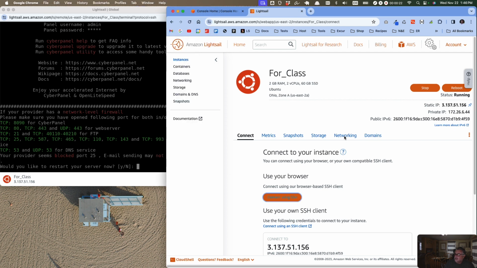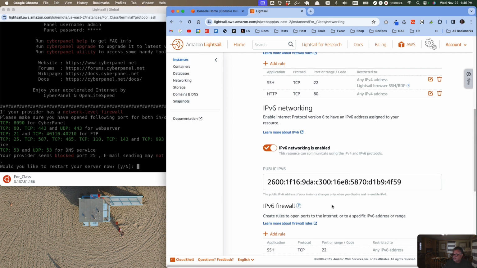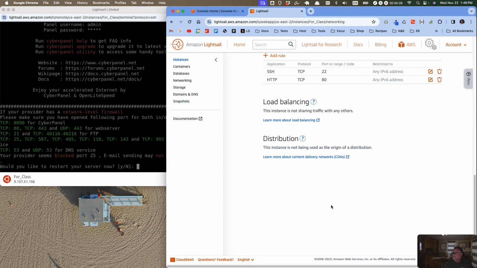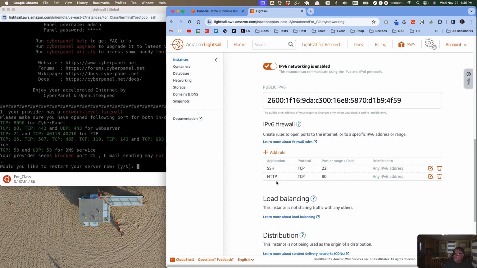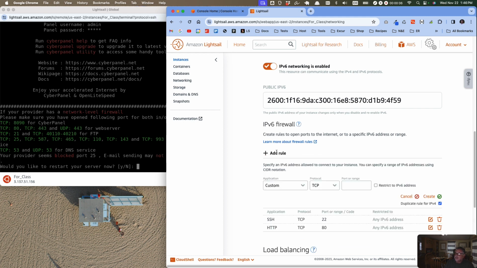So what we're going to do is go to networking. Down here are our firewall rules, and we're going to add rules. Right now, the only two that are open are SSH at 22 and HTTP at 80. So I'm going to add a rule. It's going to be a custom rule. I'm going to call it 8090